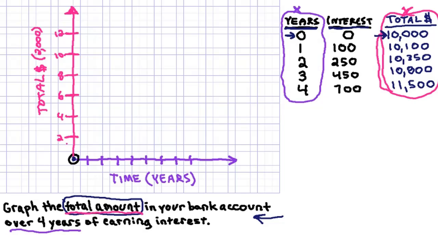But we don't make a dot there. We have to count up to the $10,000 mark. So right here on the pink line on this y-axis, we're going to make our dot to represent year 0, $10,000. Now the next set of values is year 1, $10,100. So we're going to count over on the purple, on the x-axis, we're going to count over to year 1, and we're going to count up to